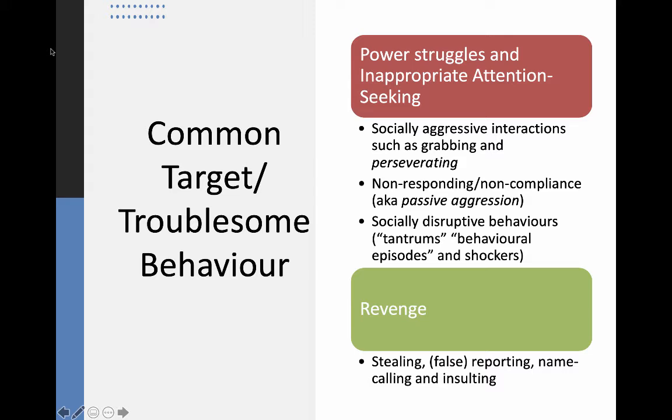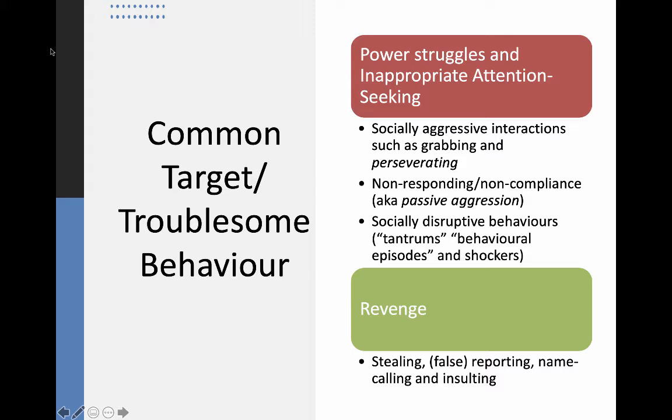I prefer the word troublesome strictly because it's less confusing than target. You'll occasionally run into people that talk about target behavior, referring to the behavior we're trying to create. So we're going to use the term troublesome to talk about the behavior we want to not have, and desired behavior to talk about the behavior we're looking for. And we'll sometimes abbreviate that to TB and DB.